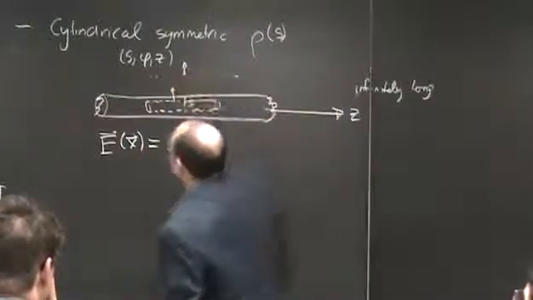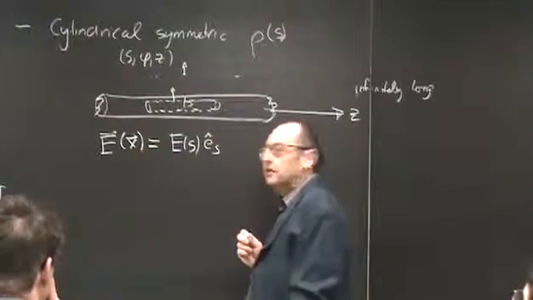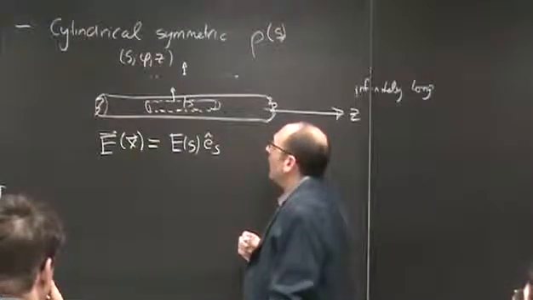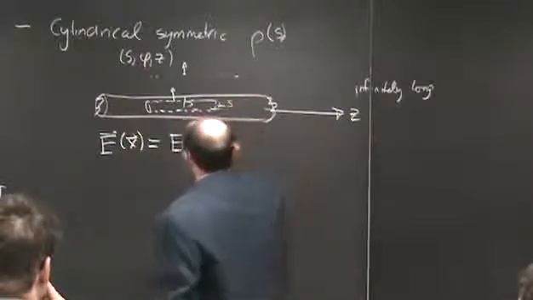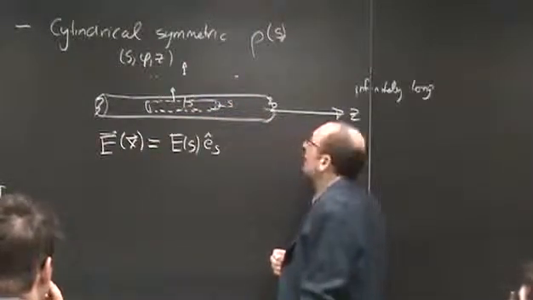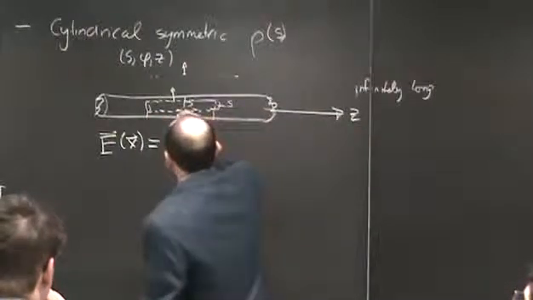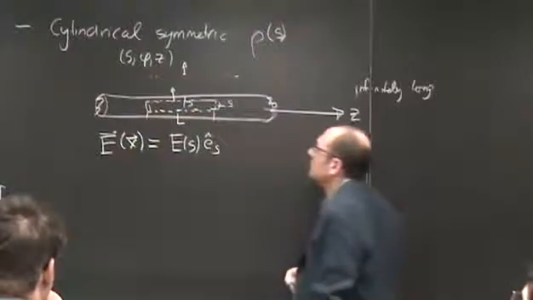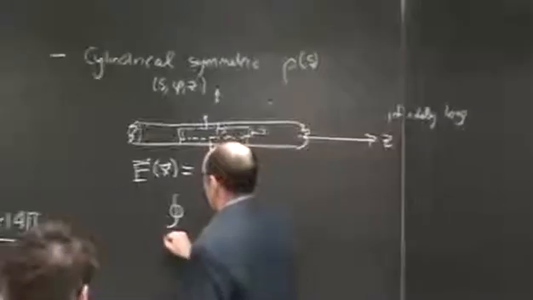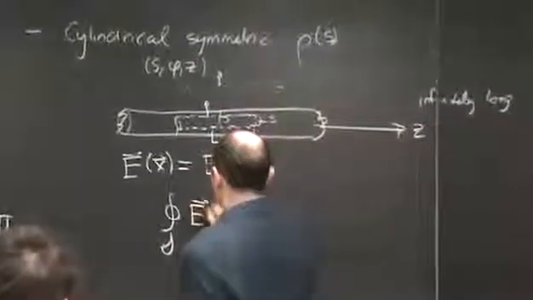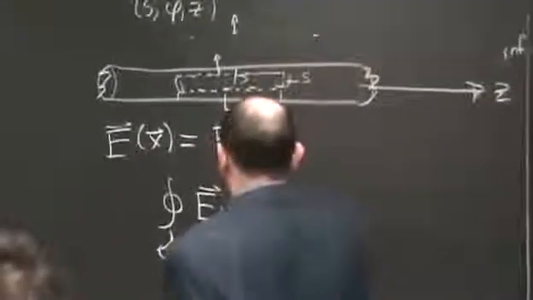And the electric field points in the cylindrical radial direction. And thus, if this has a radius s and a length L, then the flux integral over this